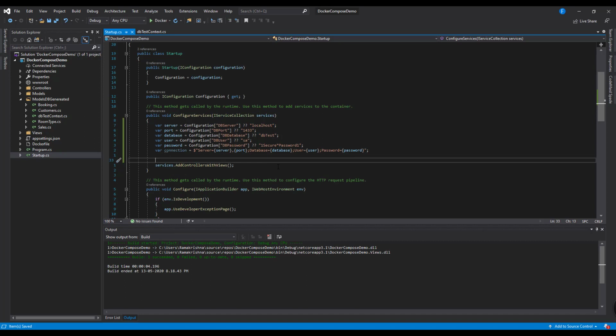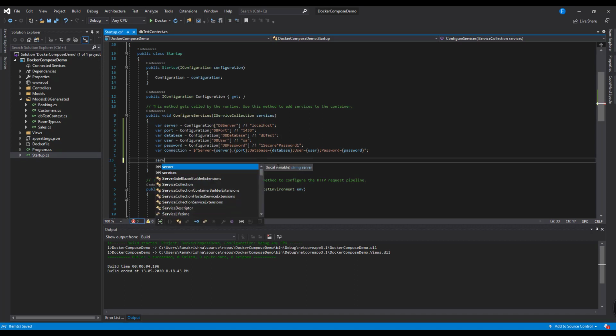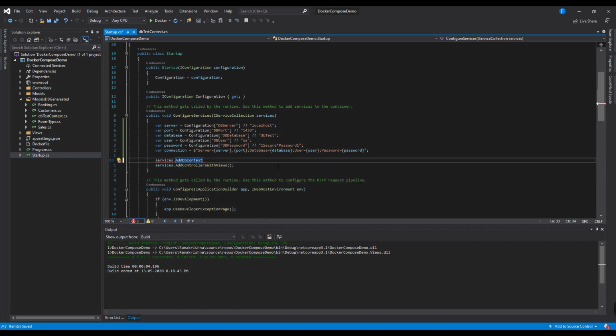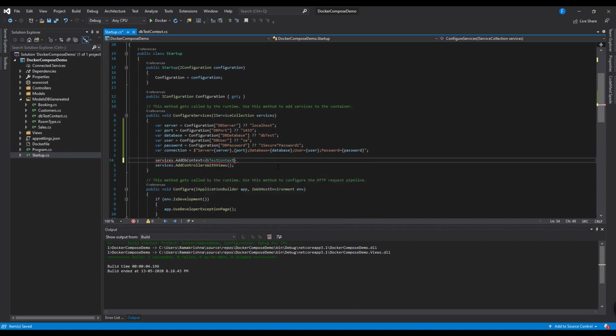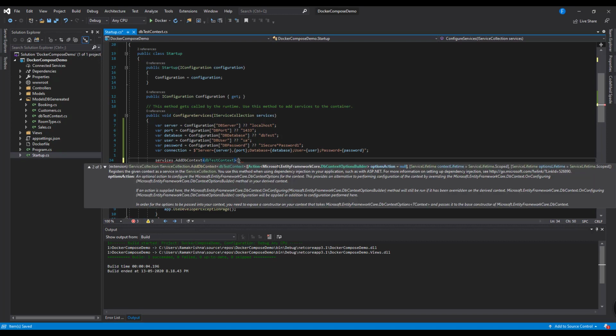If there is no value found over there, we'll use default values for this connection string. Now let us add the db context to the services, services.AddDbContext. We have DbTestContext, which is generated from Entity Framework Core using the scaffold command.